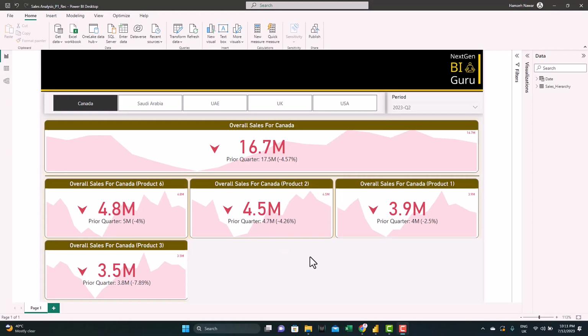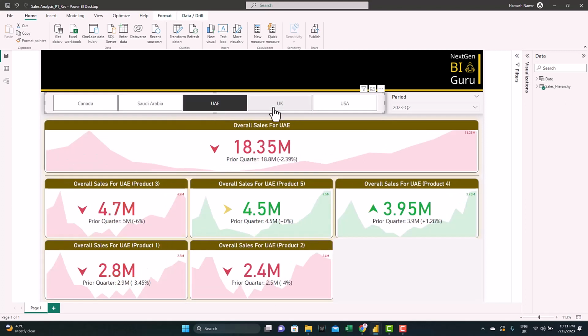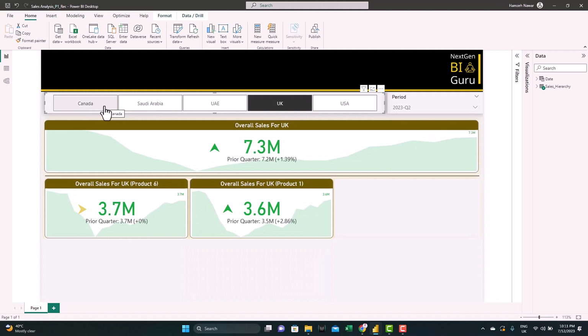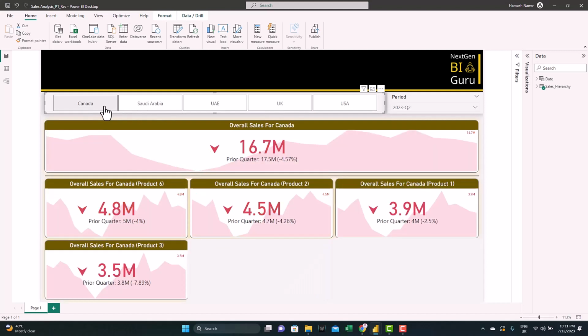Okay guys, this is the dashboard we created in the previous part. Let's check if it's still working. Everything looks good. Now in this report we can see that we start with country as a filter, then we have the products as categories. Now the first thing we want to work on is having dynamic hierarchy, to be able to switch the filter from countries to products and see the countries as categories.